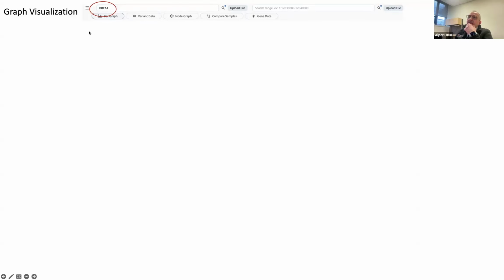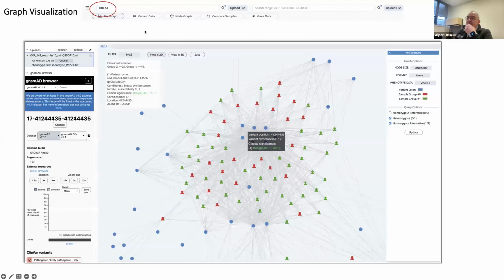Or another question: I just want to visualize this BRCA1 with a graph visualization. Now every blue dot is a variant, and green and red colors are groups of cases and controls. The red ones are the cases, the green ones are controls. You can visualize this in any color you like; it doesn't have to be this way. And everything is interactive. If you click a node here, you will immediately see this is benign, and also more information about the specific gnomAD data. Or if you click on those patients, you can immediately see the patient ID there.